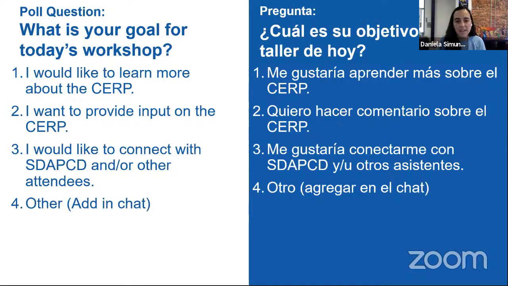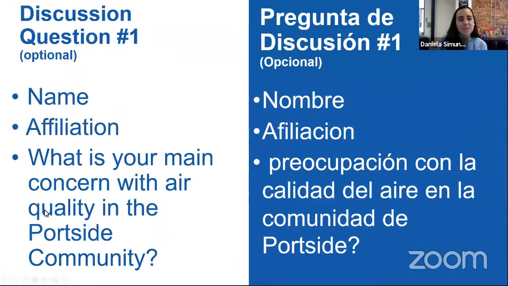Great. So we're going to go ahead and end the poll and see. So most of the group is here today to learn more about the CERP. Also, some other reasons that maybe we'll have an opportunity to share, and just providing input on the CERP also. Great. And so the next question we have for folks as we transition towards the presentation,